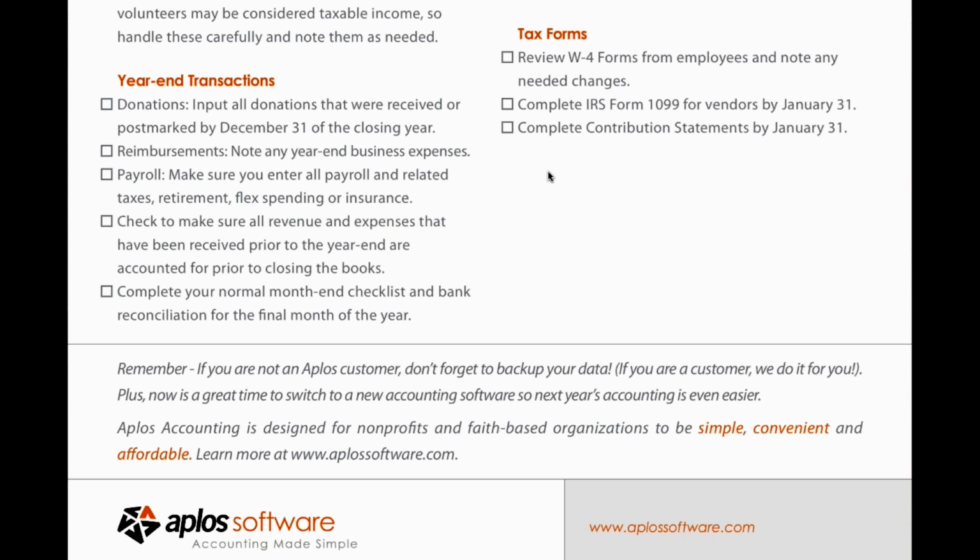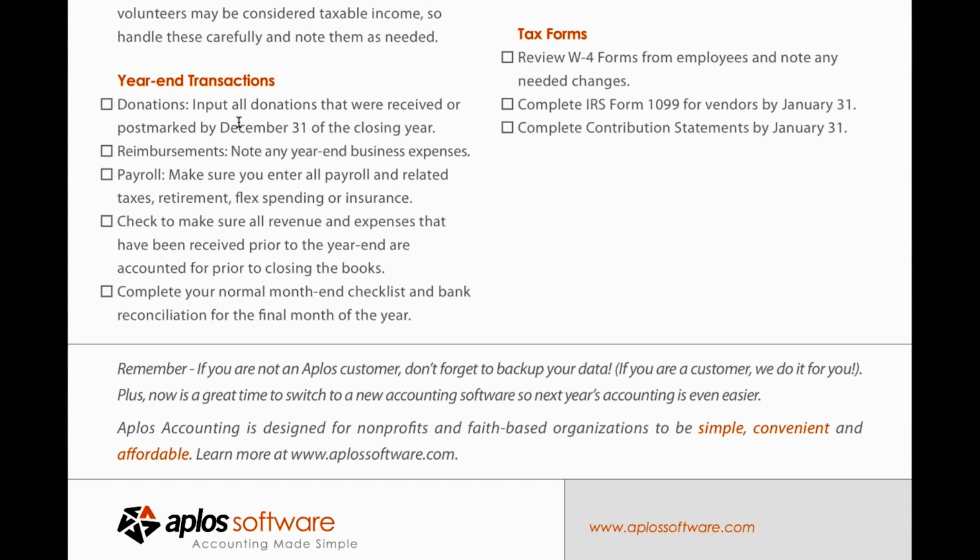So what that means is as you're moving into January, let's say it's January 5th, and you get a letter in the mail with some money from somebody, but it's postmarked December 30th. Well, that still counts for 2014. So again, you have until January 31st to send out those statements. So you do have a cushion there to receive the donations that may have come in a little late. But make sure to input all of those donations into your accounting or donor management software